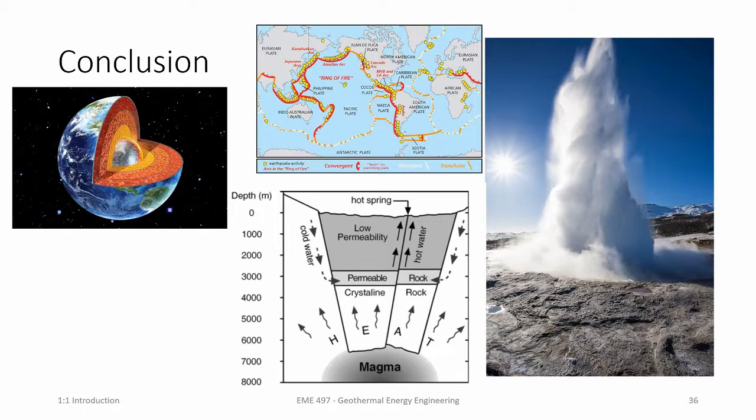Convection is the transfer of heat by movement of fluids, and this occurs when magma is circulating, heating up water, flowing water, which then circulates to the Earth's surface. You get things like geysers, hot springs, stuff like that. I would say the main thing to take away from this is just the origin of heat flow in geothermal systems. Hot fluid heats up deep in the Earth, rises to the surface, spreads out, cools down, comes back down,